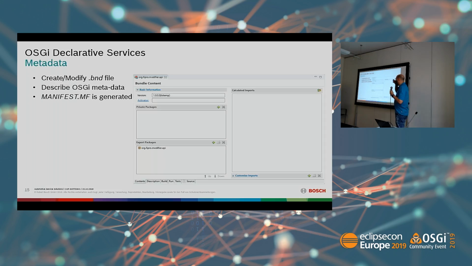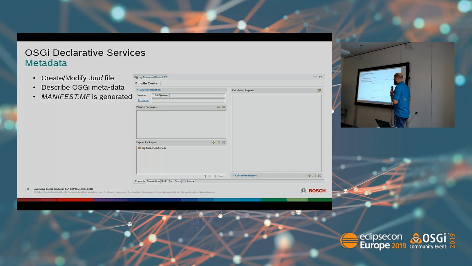How do you create this? I have to admit that I switched the slides here to use BND tools instead of Eclipse PDE, mainly because Eclipse PDE does not support DS 1.4. We can use it until DS 1.3. The newest versions of Eclipse also contain DS 1.4, so the newest Felix SCR implementation is part of the Eclipse IDE, Eclipse framework. But the tooling does not support DS 1.4. That's a pity, and unfortunately the maintainer has told me that he does not have the time to fix this